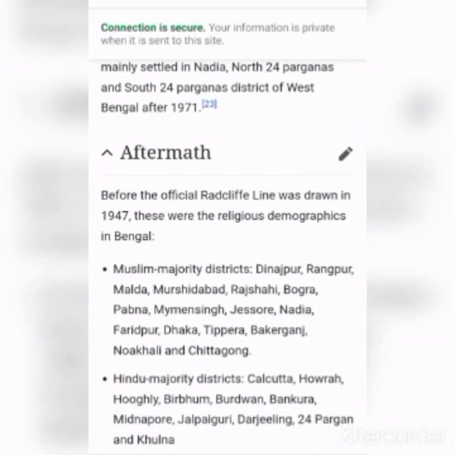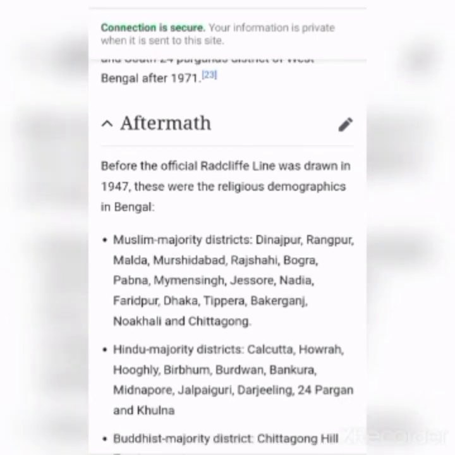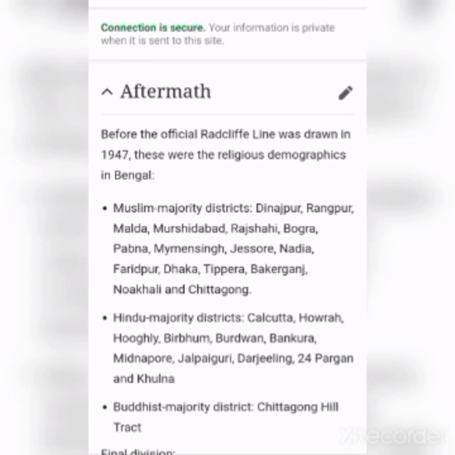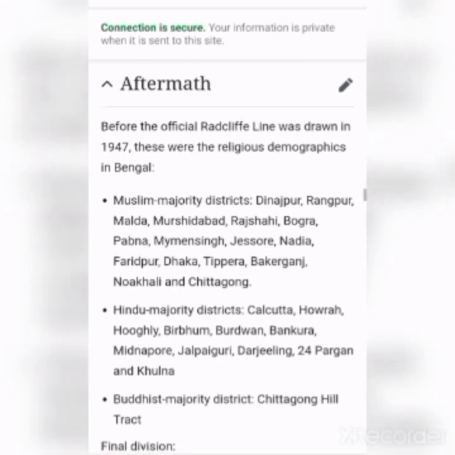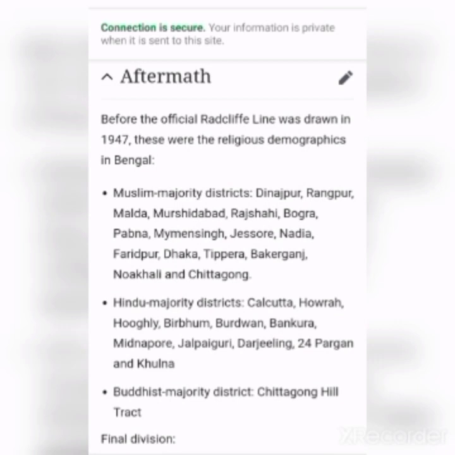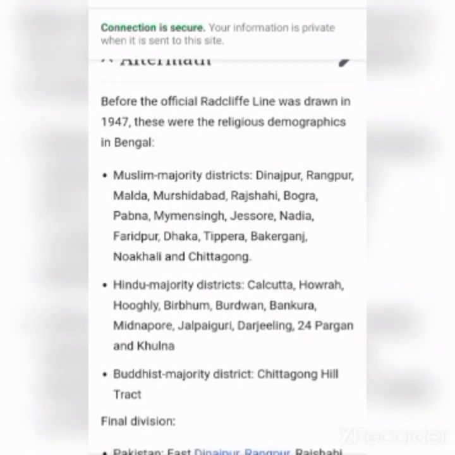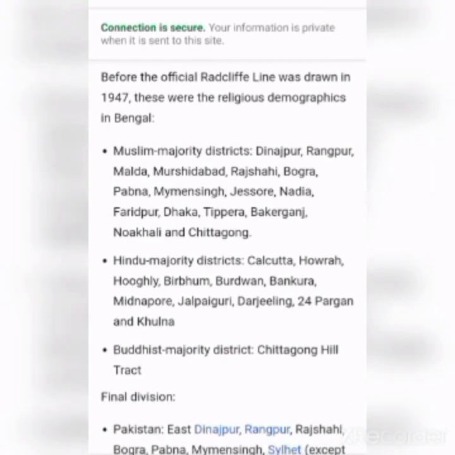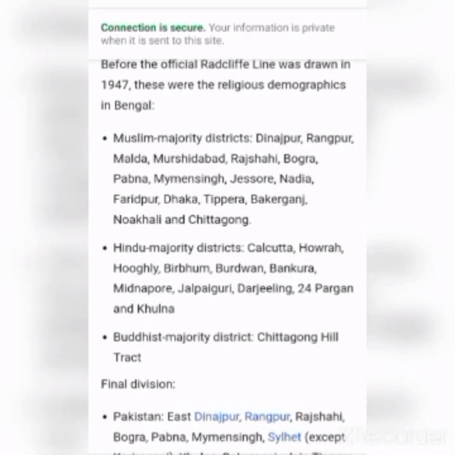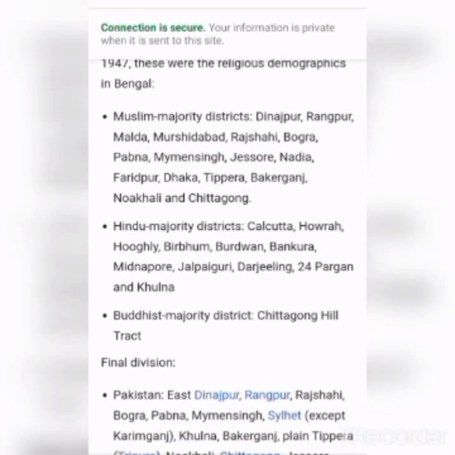Before the official Radcliffe line was drawn in 1947, this was the religious demographic in Bengal. Muslim majority districts: Dinajpur, Rangpur, Malda, Murshidabad, Rajshahi, Bogra, Pabna, Mymensingh, Jessore, Nadia, Faridpur, Dhaka, Tippera, Bakerganj, Noakhali and Chittagong. Hindu majority districts: Kolkata, Howrah, Hooghly,